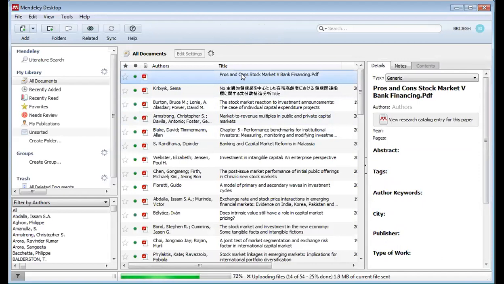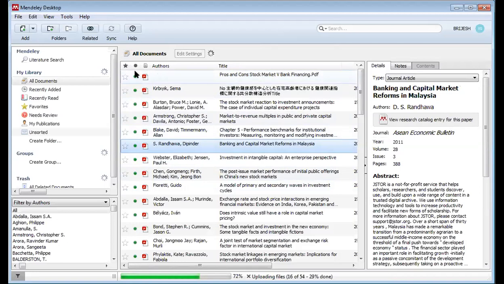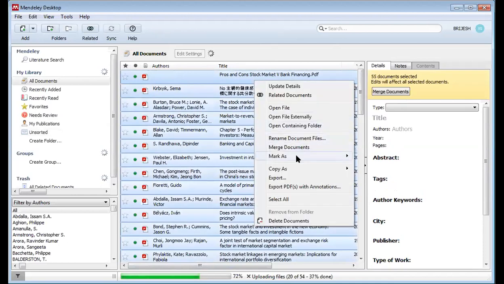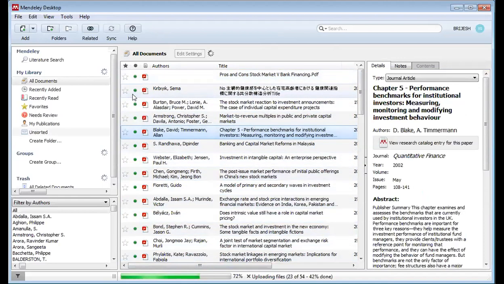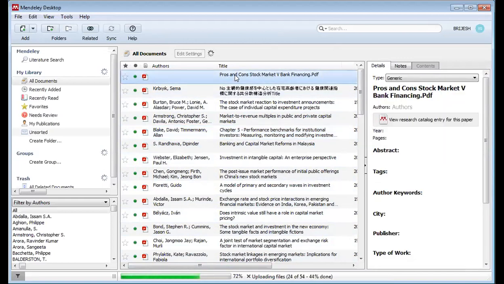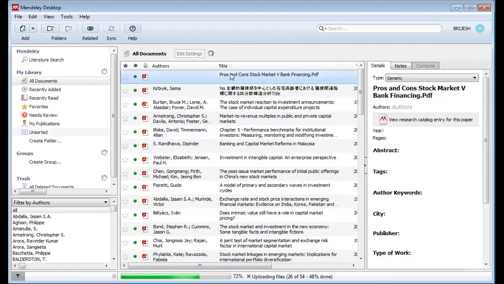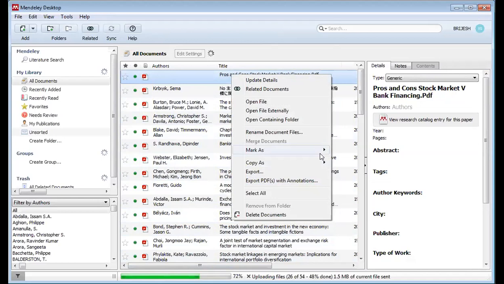Let's take, we Indians are very good at downloading, but how many times we read those papers is a big question mark. So whenever you download, this green is nothing but a sign that you have not yet reviewed the paper. For that, you can press Control A and mark as read. Currently all papers are unread, that is why the signal is green. Let's take I started this paper and finished reading it, and I identified that among so many papers, these are the good papers. So I will mark as read.